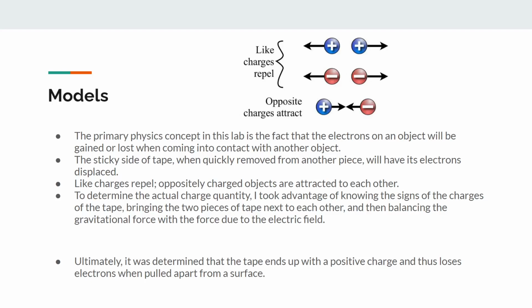To determine the actual charge quantity, I took advantage of knowing the signs of the charges of the tape, bringing the two pieces of tape next to each other, measuring how far apart they were at equilibrium, and then balancing the gravitational force with the force due to the electric field. Ultimately, it was determined that the tape ends up with a positive charge and thus loses electrons when pulled apart